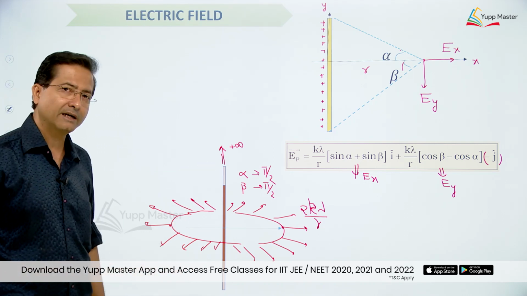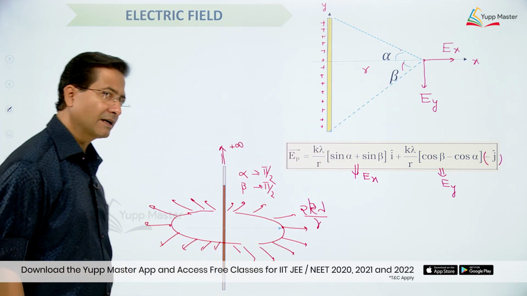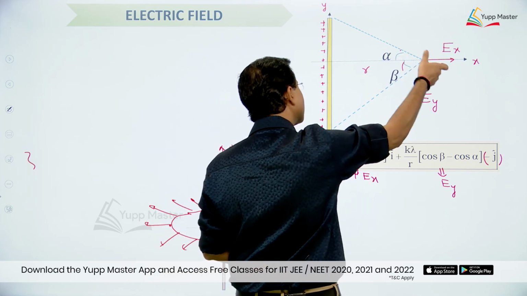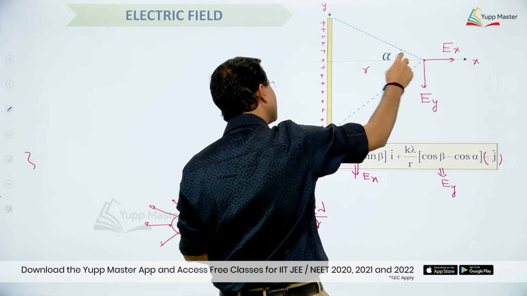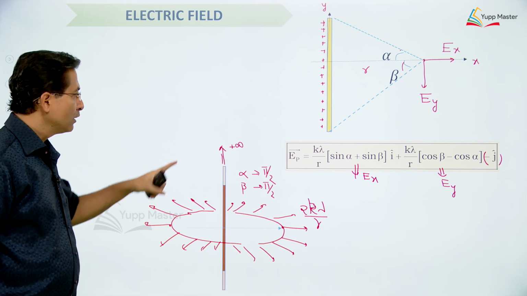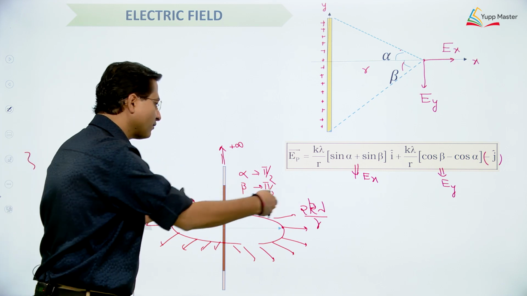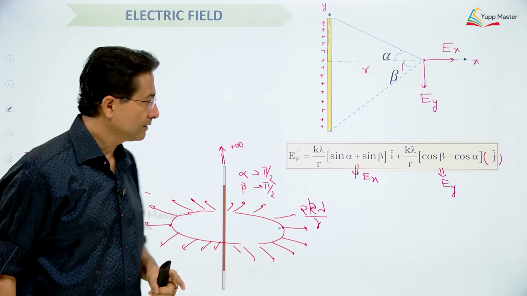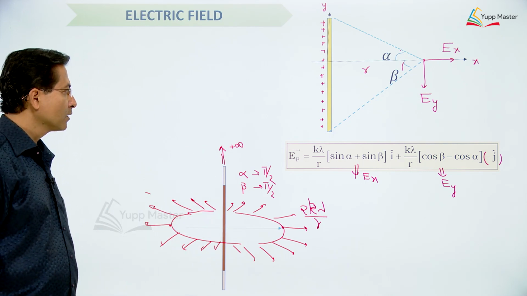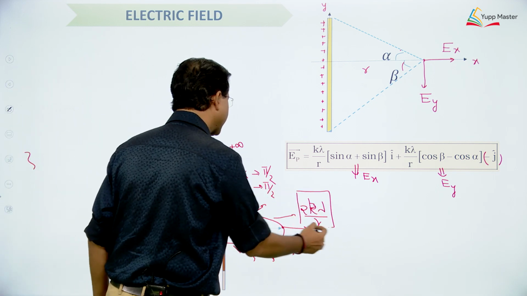This is for a positive distribution, right. If I make the distribution negative, then these two will get reversed, right. This will come towards the rod and this will be in this direction, right. So for an infinitely large wire which is negatively charged, the field will be towards the wire, right. So this is the way we have field distribution in space. Because of the infinite wire we have this result, and we have to remember this result to directly apply it.